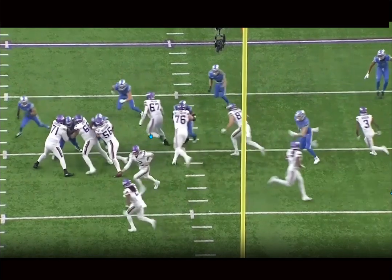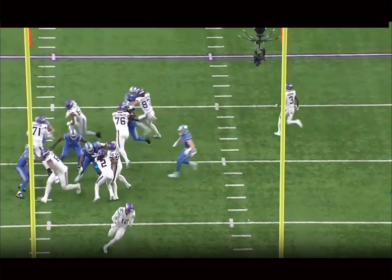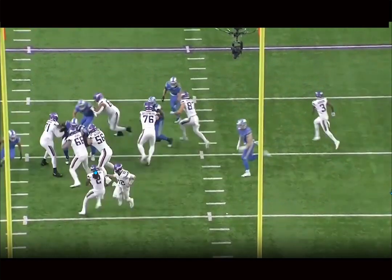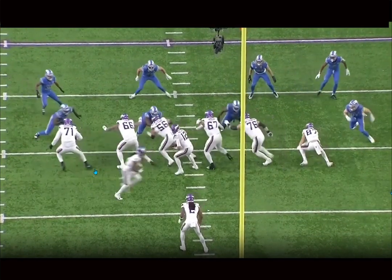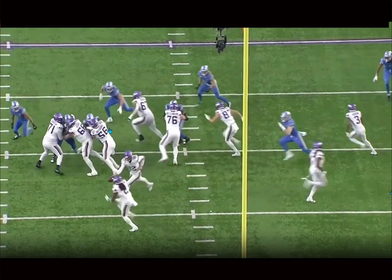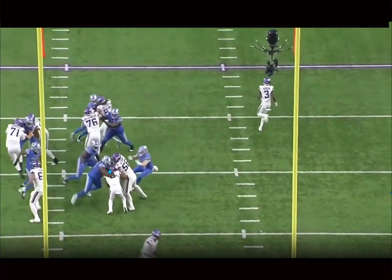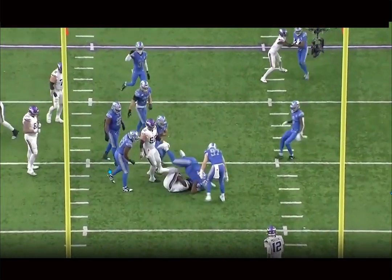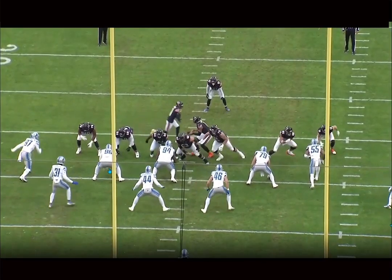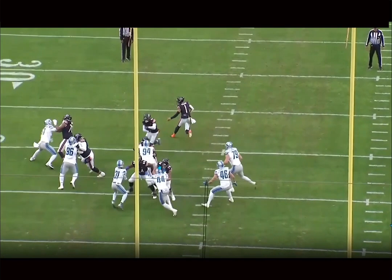He can create push, create displacement, reset the line of scrimmage, get control here at the point of attack for your primary gap responsibility. He does a good job playing with leverage here. He wins his one-on-ones pretty well. Good hand placement into the chest, picks this guy up, good base the whole time, and now able to push this back into the running back, make a play in the backfield. Really only gives up space when he's getting double teamed, which can be the problem, but when he truly gets these one-on-ones, he's just primary gap responsibility, meets him, creates that push back into the quarterback,